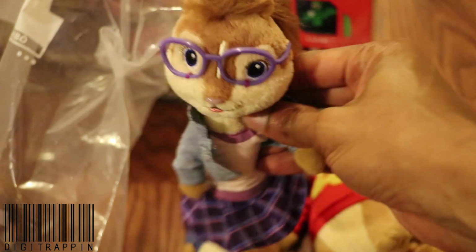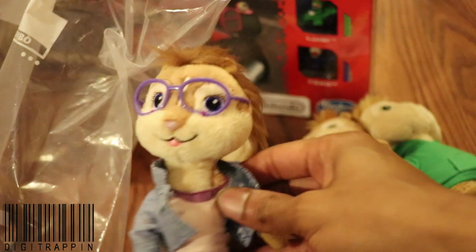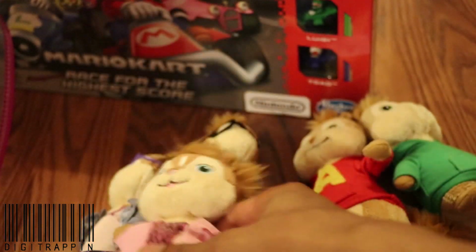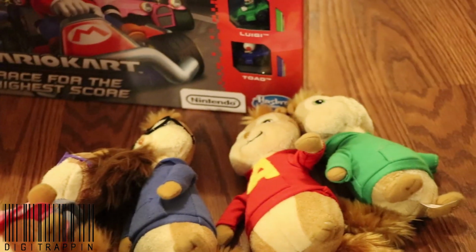And the funny thing about this is what made me pop on this. I seen somebody actually buy this little Jeanette for $34. I think her and one of the other girl dolls are like real rare, because I seen one of them go for like 20 something. And then Brittany. And the only one I'm missing is the little baby girl that's supposed to line up with